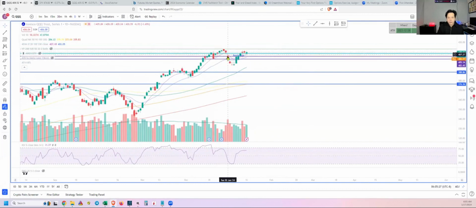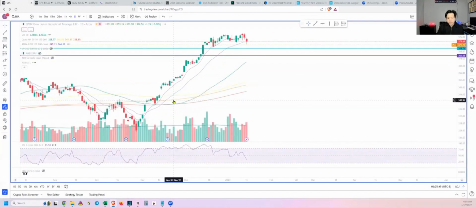It's been just sideways movement. We are above that EMA8, so I wouldn't be surprised if today we break below. Well, when we open, we're already going to be below that EMA8. I won't be surprised if we stay below there, or even if we crack a little bit below that EMA 20 today. Let's take a look at the Dow Jones.